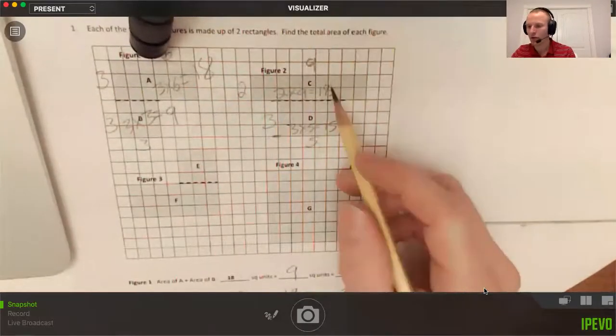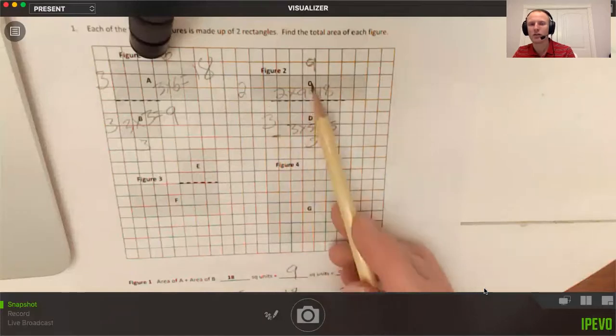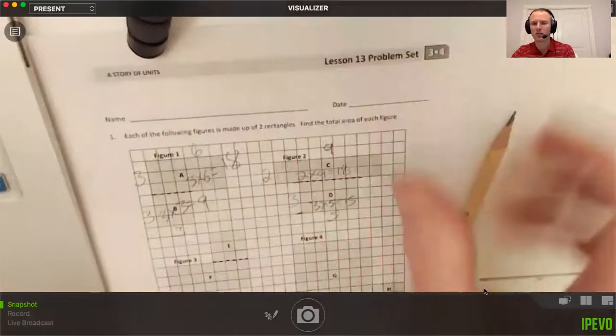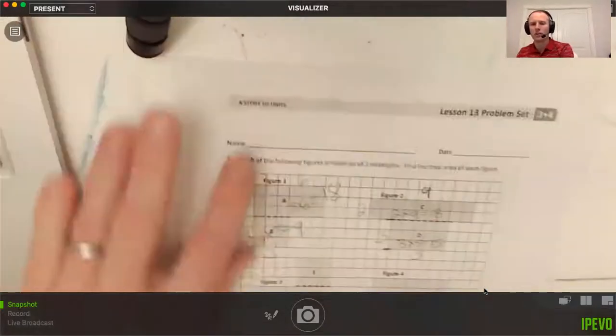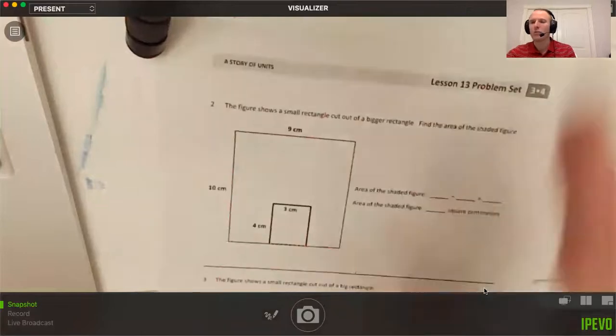So the entire area of figure 2 is 33 square units, but I need to find these two parts independently, almost like they're in completely separate problems, right? You do look at them as completely separate rectangles, and only at the very end do you think about them being the same in any way. So that's how you're going to start. That's the introduction. That part's pretty straightforward, especially when they break it apart for you and show you where A and B are. But eventually,